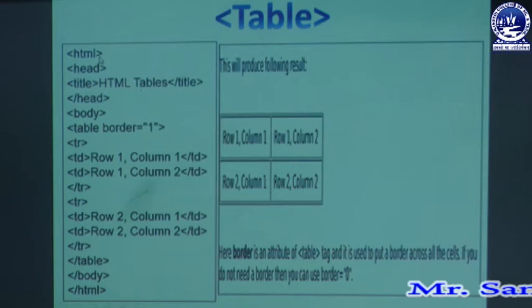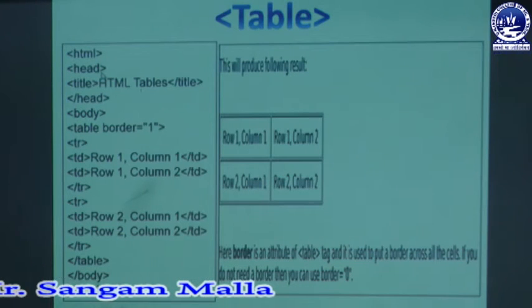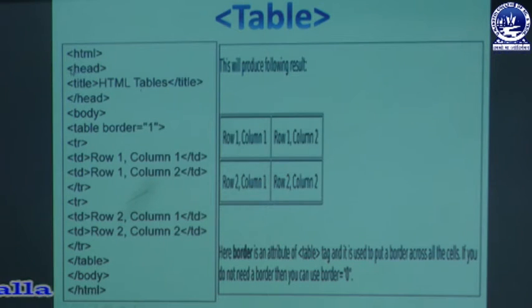So the program starts with a HTML tag. So HTML is a container tag, as we know, then followed by a head tag in which we have another tag that is known as your title tag. So title tag actually defines the title of the web page. Next comes our body tag. As we know that the table or the data which must be displayed in table format should be displayed at the body of the web page. So whichever table we require to define in a web page must be enclosed within the body tag.